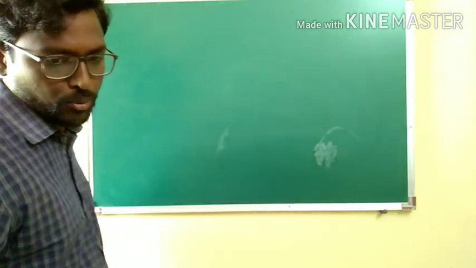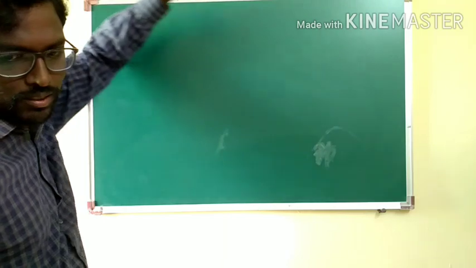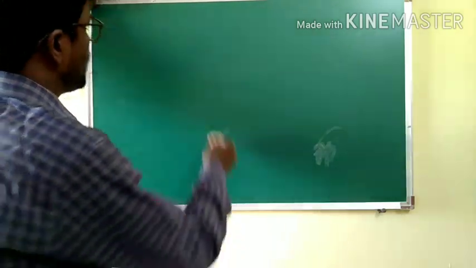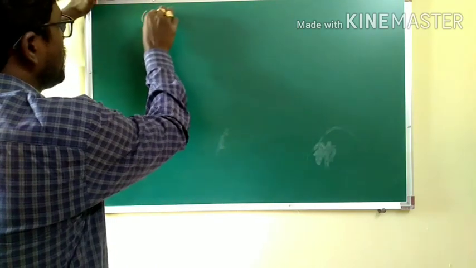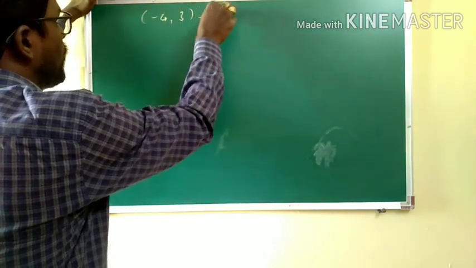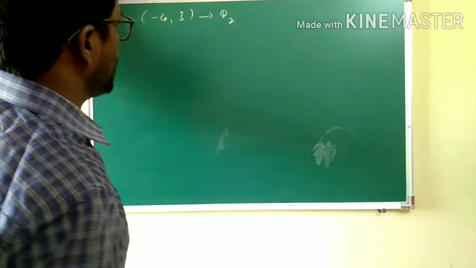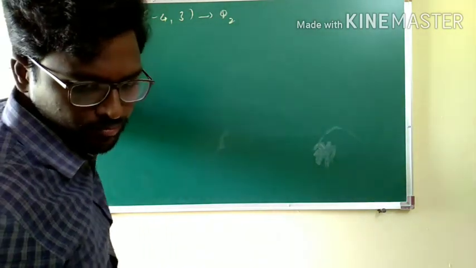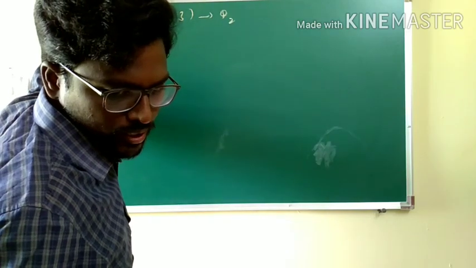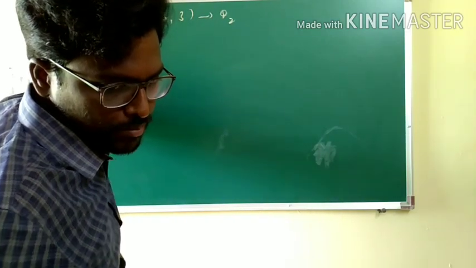Chalo, here what the problem speaks about is the division of the line. Okay, the first given point is minus 4 comma 3, meaning this point lies in quadrant 2 because of the negative x-axis and positive y-axis. First you should understand this point. Portion of the line segment intercepted between the axes.